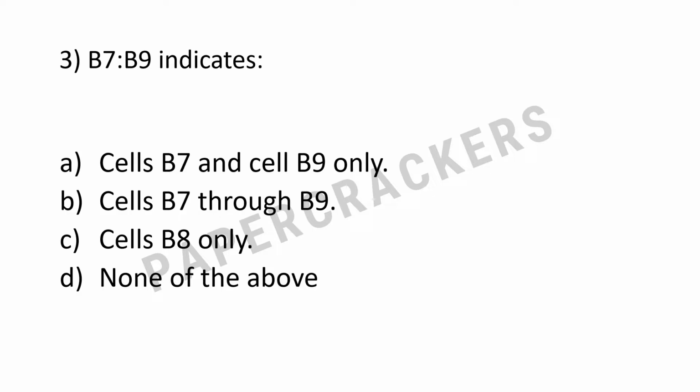Question number 3. B7 call B9 indicates cell B7 and cell B9 only. Cells B7 through B9 मतलब B7 से B9 तक. Cells B8 only, सिर्फ B8 और none of the above. The correct answer is B. Cells B7 through B9 मतलब सेल एड्रेस B7 से B9 तक, B7 भी, B8 भी और B9 भी, तीनों सेल्स